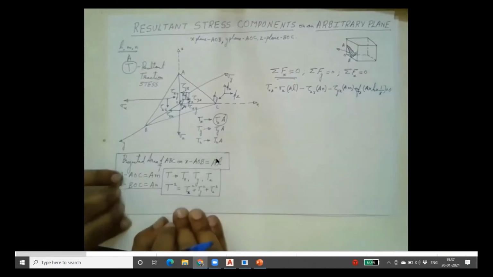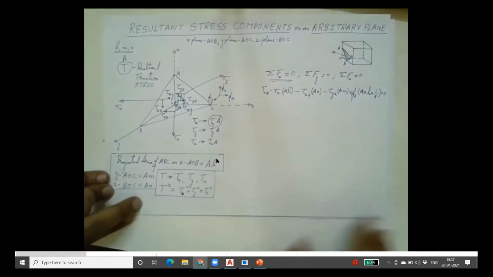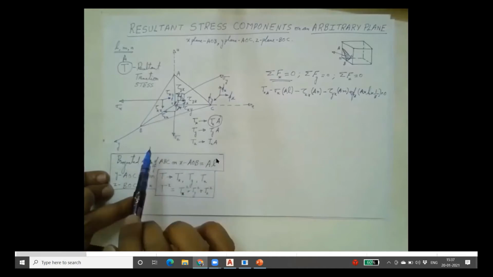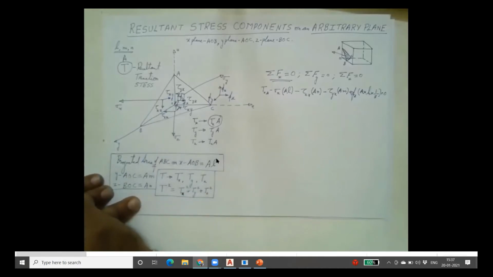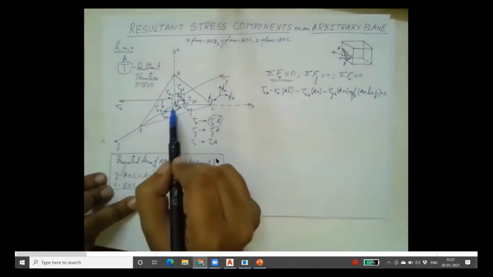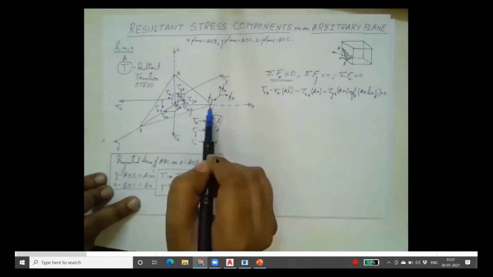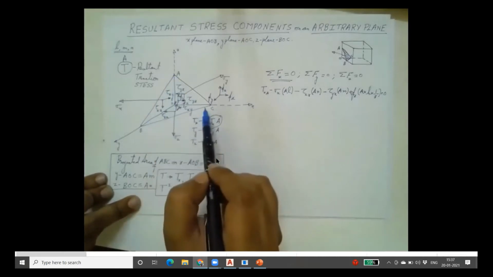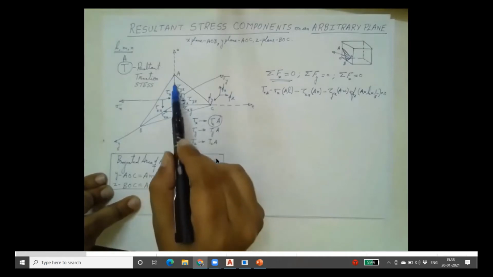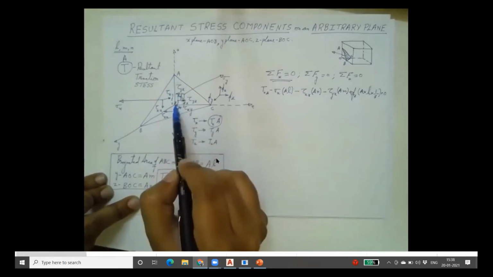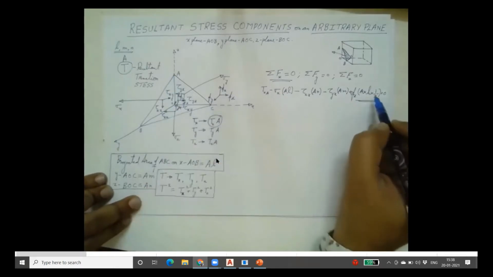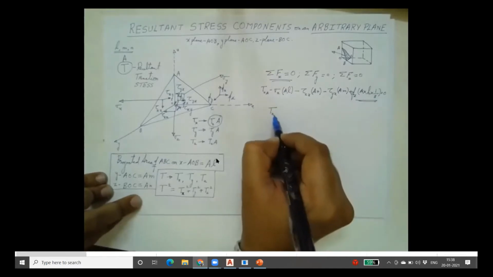Now what we want is the stresses acting on the plane ABC. If we want the resultant stress on the plane ABC in terms of the stress components acting on the XYZ planes, we have to make the plane ABC overlap with one of these planes. That means we have to make the plane ABC pass through the origin, so this height h will be 0. When h is 0, this body force term becomes 0. Then what remains is Tx into